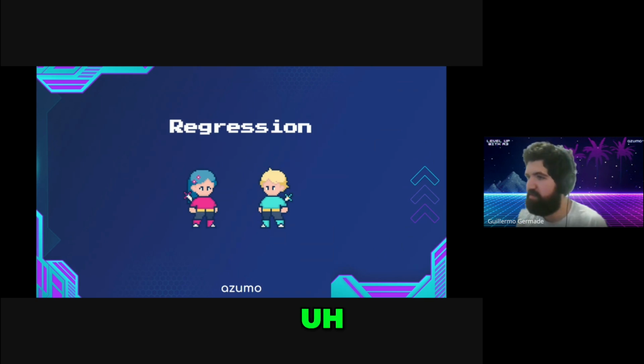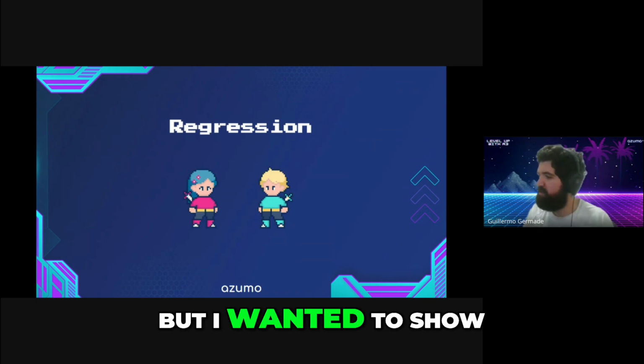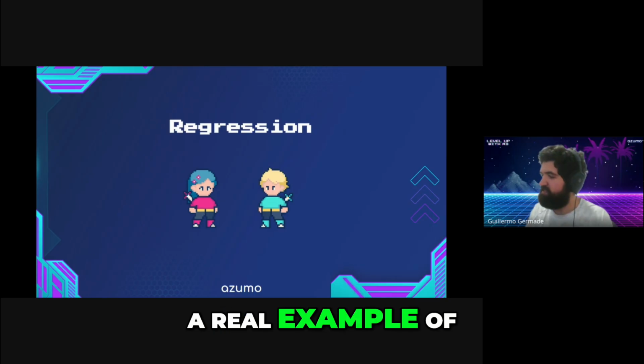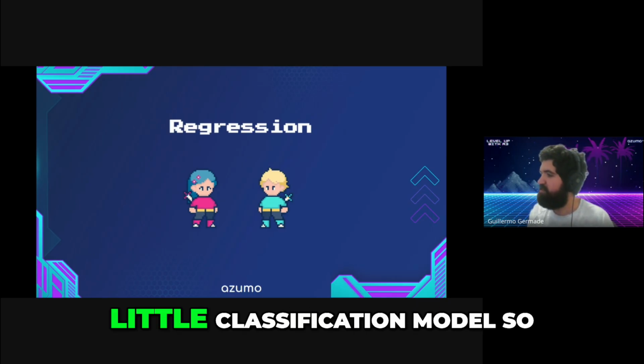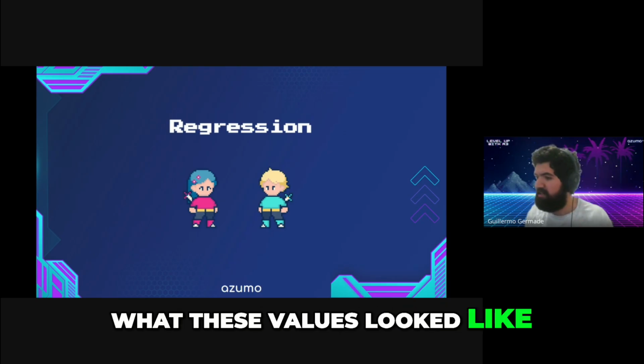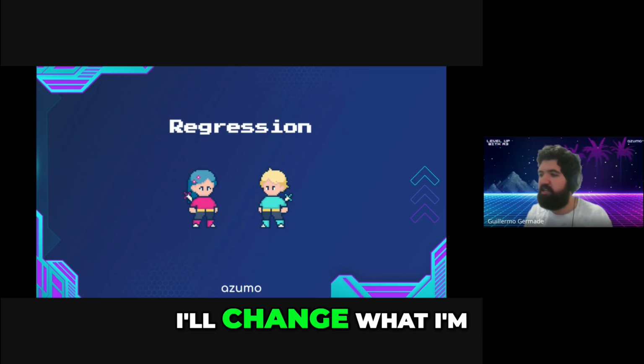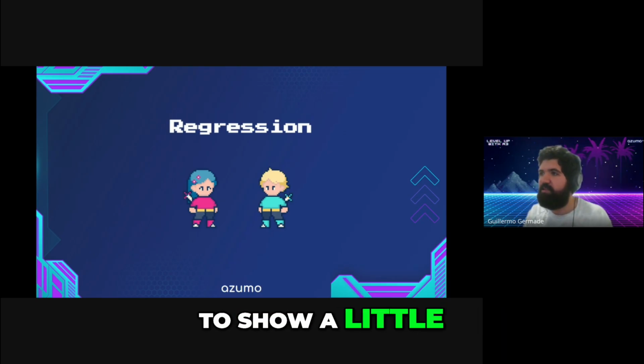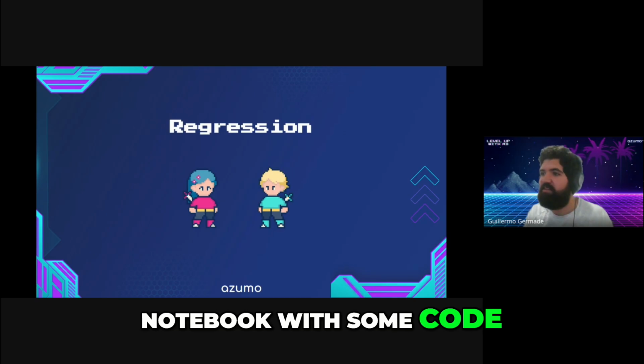So now it's time for regression, but I wanted to show a real example of some code training a little classification model so that you can see what these values look like. So I'll change what I'm sharing to show a little notebook with some code. Okay, so